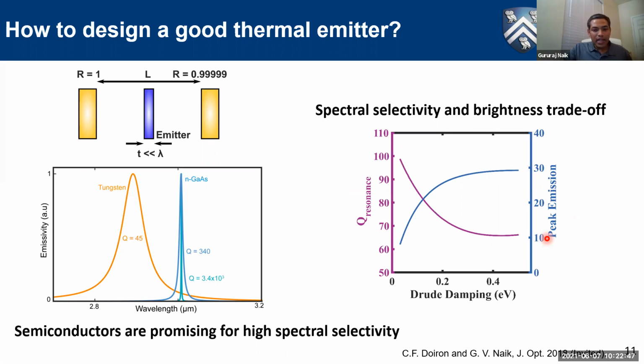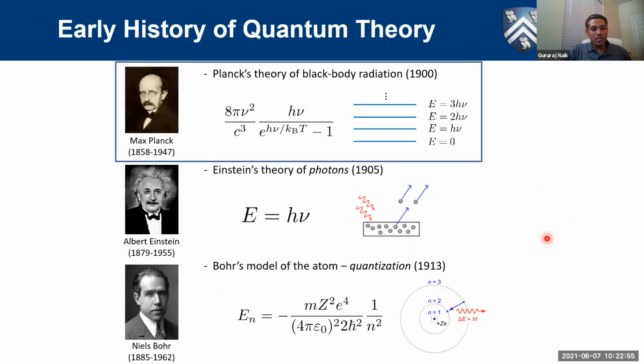So there is a sweet spot for losses. You cannot really have too high loss. You cannot have too small loss. So how do we hit this right balance? This was the problem that the previous designs had, and that's why they were not able to get high efficiencies. And then we took a step backwards and said, let's actually think of this in a more fundamental way. How do we even design a cavity?